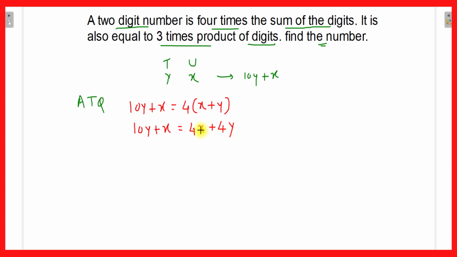Now take 4y to this side, so 10y minus 4y, that will be 6y, and take x to this side, so 4x minus x, that will be 3x. And 3 1s are 3, 3 2s are 6, and therefore x is equal to twice of y. Let this be number 1. Now as per condition 2, I solve it here. So according to the question number 2,